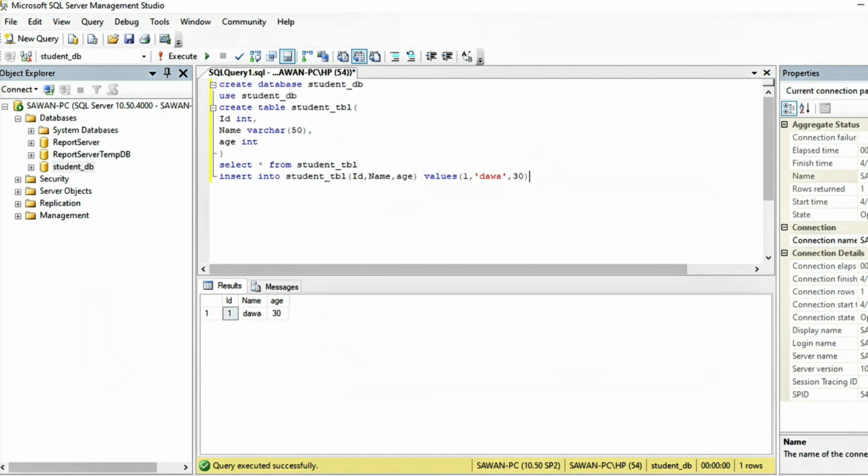Now we are inserting multiple records at once. So this saves time and is very useful in real world applications. So how? I don't have much time, so I will copy this so it can be done quickly. Okay, so let's first copy, paste here, student ID 2, name Rahul,